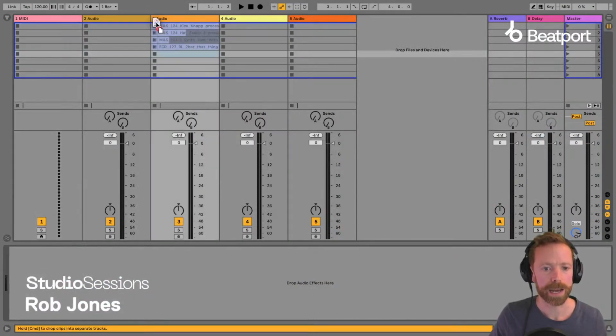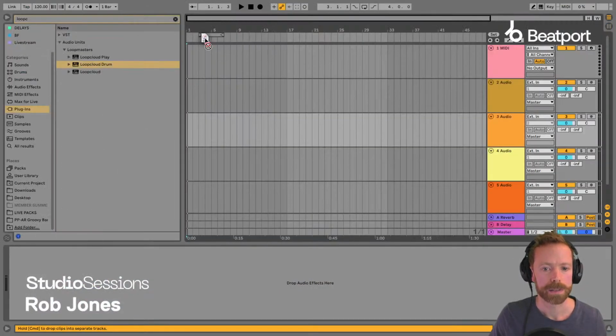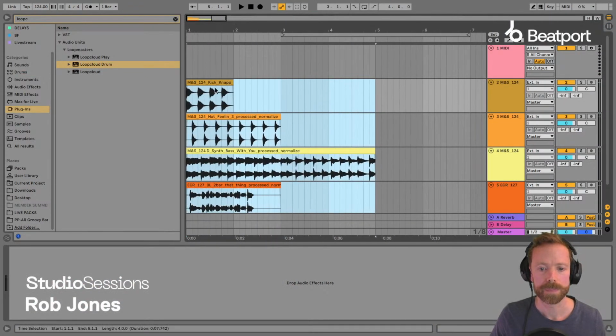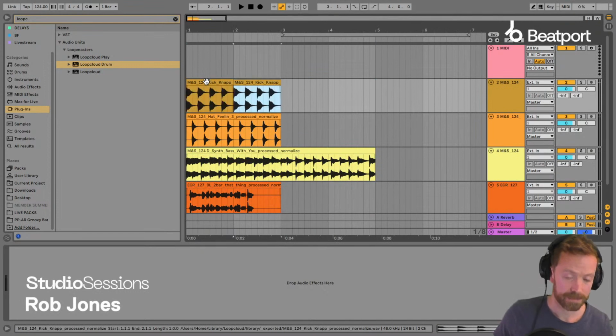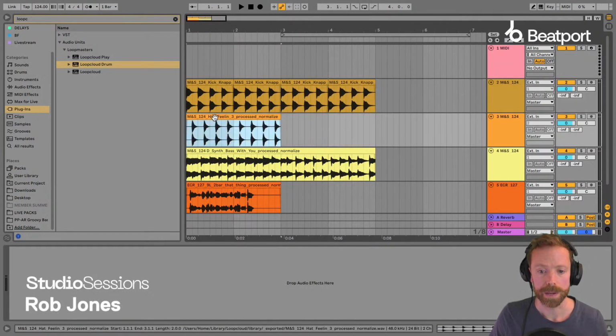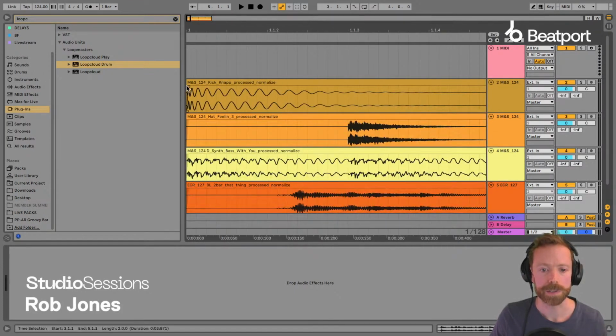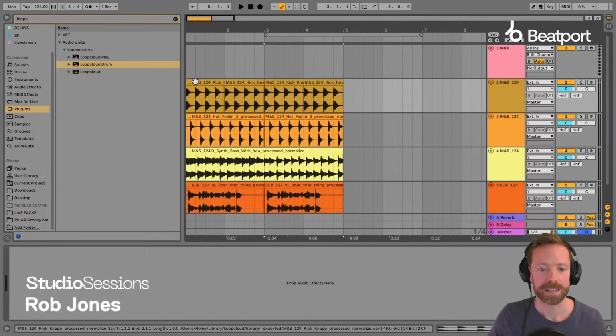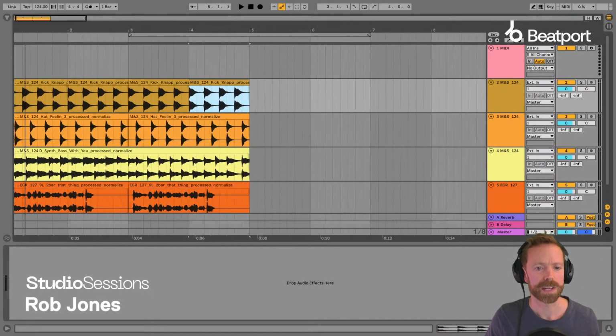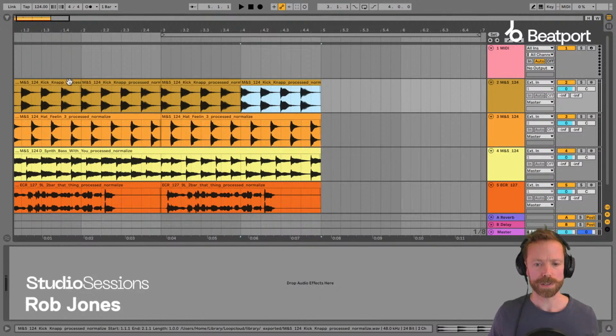which I can then drag out into my DAW, onto separate tracks here. And there you have it. Copy it out. Copy it again. Actually, make sure you don't have a fade on the start here. Duplicate that out. Yeah, sometimes I like to do it with processed because I might be working at a different tempo to some of the samples in my